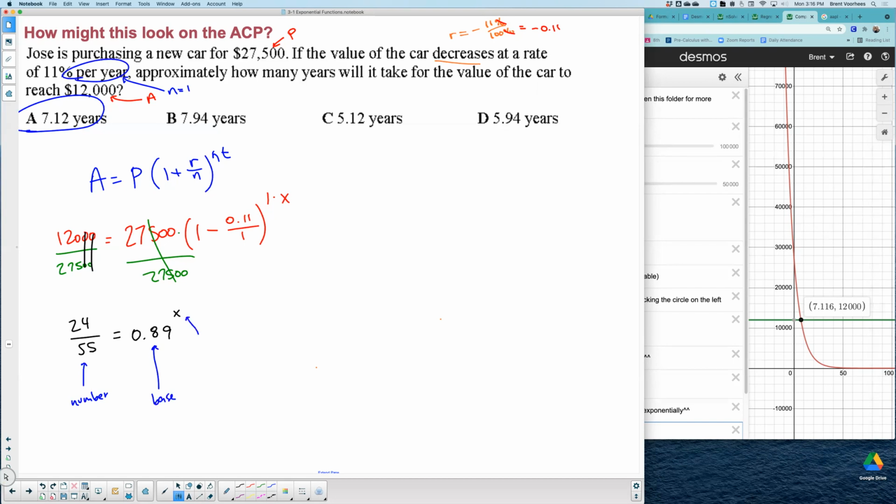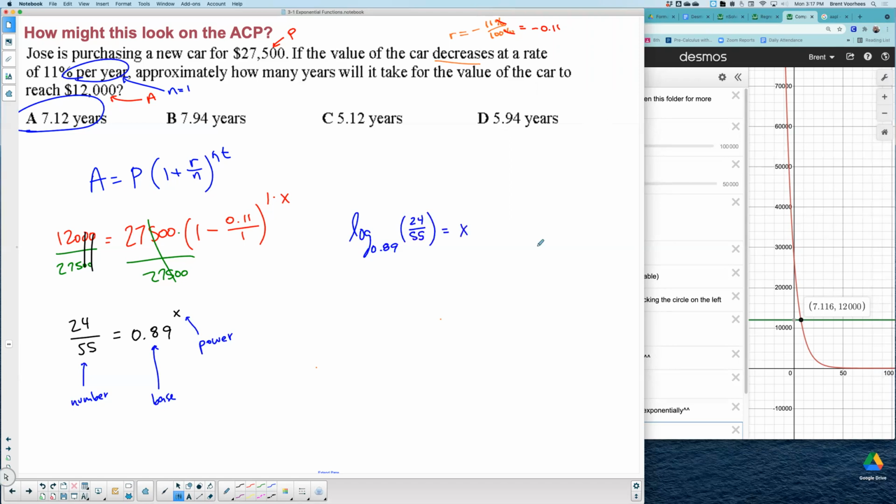This is my power. What you'll learn in lesson 3.2 is you'd convert this to a logarithm. So you'd have log, then the base comes next, 0.89. It's an inverse where you switch the x and the y. The y is the number by itself. The x is obviously the x. So I switch those two, power and number switch. And so it's going to be the number value, 24 divided by 55